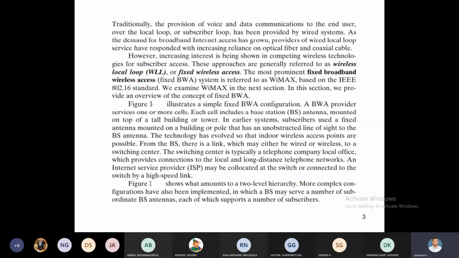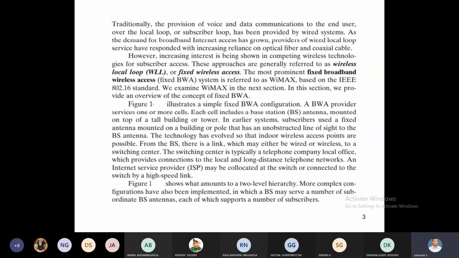Now the same technology we are using indoors also. Suppose in our university we also have wireless access. That is the Wi-Fi connection we are using. The connection comes from the telephone exchange, the BSNL telephone exchange, to our university. An OFC cable runs from the university main building to all departments.